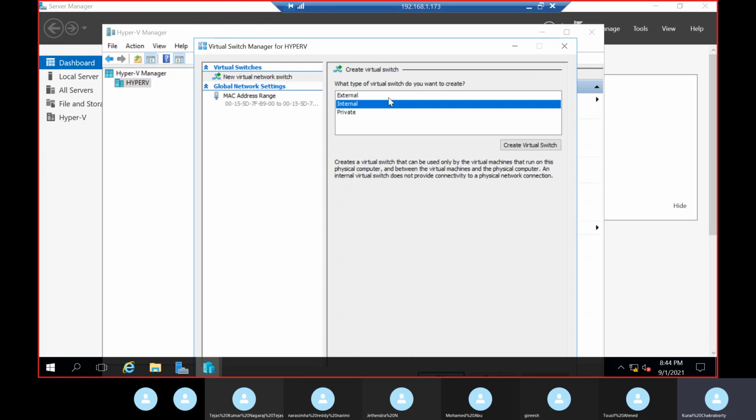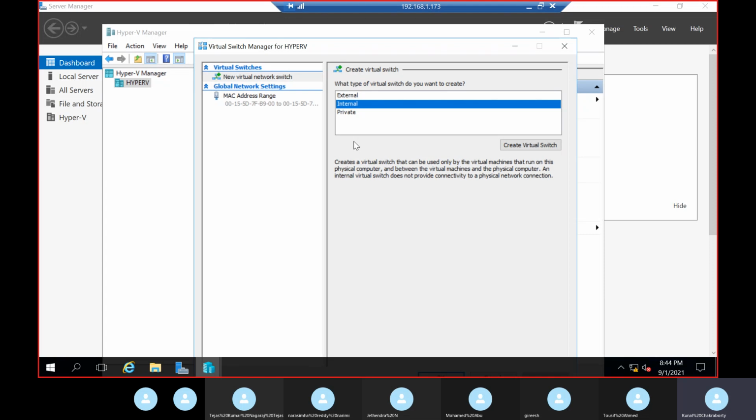Then only the same domain will come, otherwise it will not. If it is private, that is your own. Internal is your own internal infrastructure. External is outside of the Active Directory. Separate. So go with the internal.